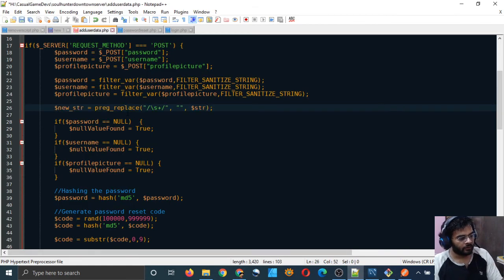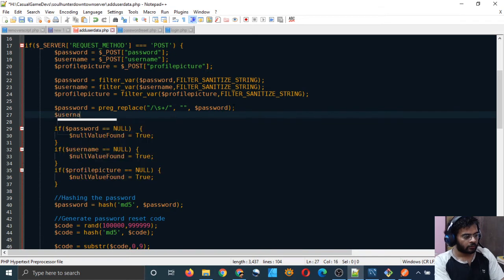I have simply copied this code in order to remove all white spaces, all spaces, tabs and new lines. We don't want either of them. And we will do it for all three: password, and username.